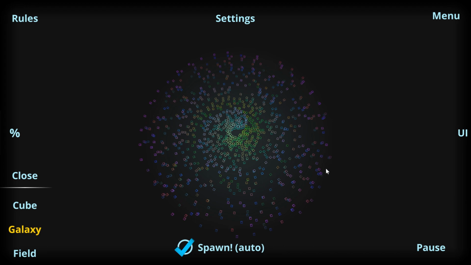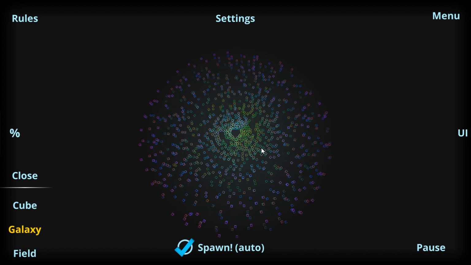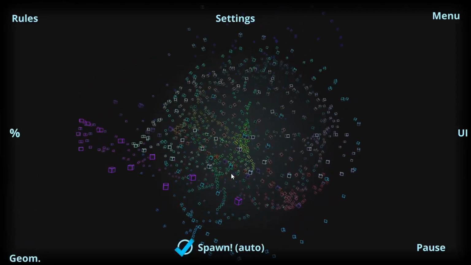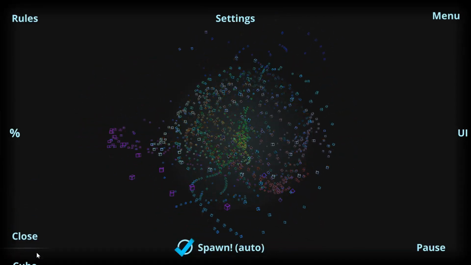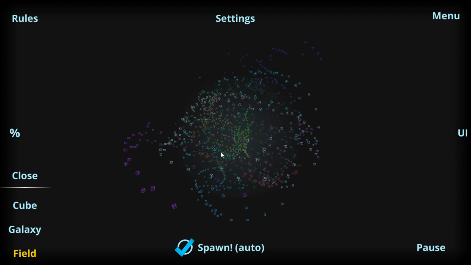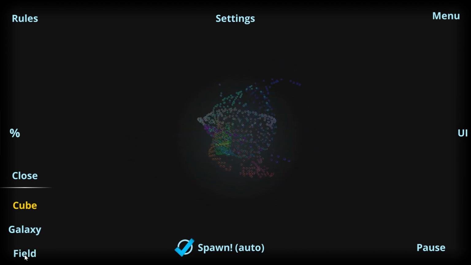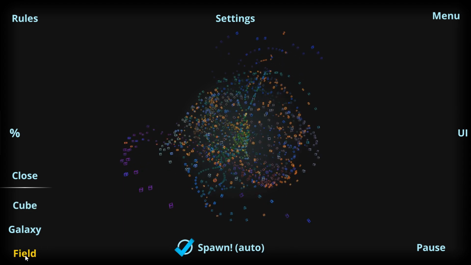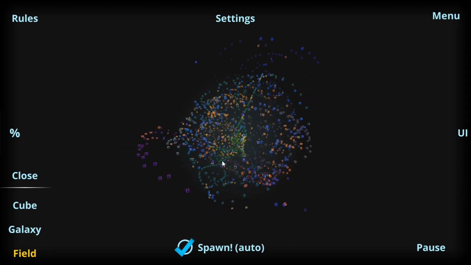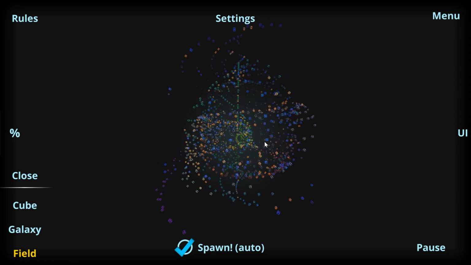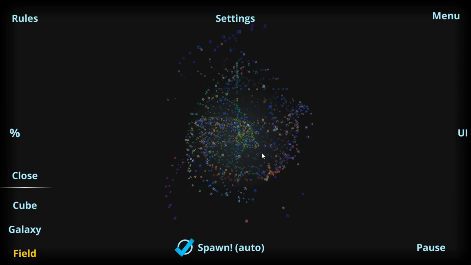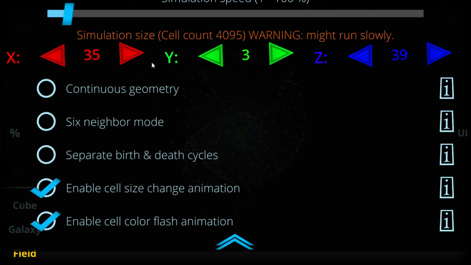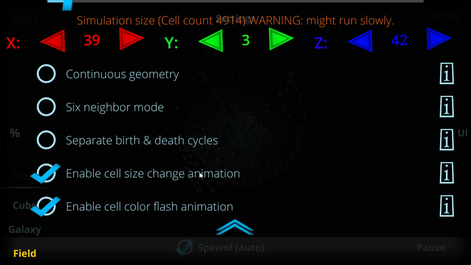Z size is the radius of the galaxy and Y size is the height of the galaxy. In this field geometry it's much more complicated how this is orientated or built, so I will not go into detail with that. But if we change between these settings, we can see somewhat what's going on, but this field geometry is quite complicated, so I don't know if I'm even able to explain how it works. But this field geometry is quite beautiful looking if you have a pretty high cell count, and maybe some